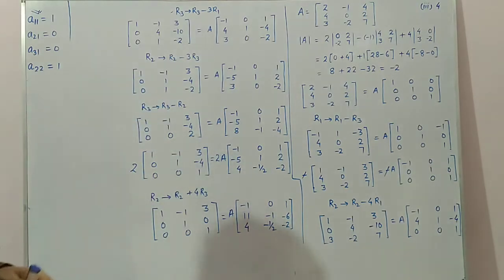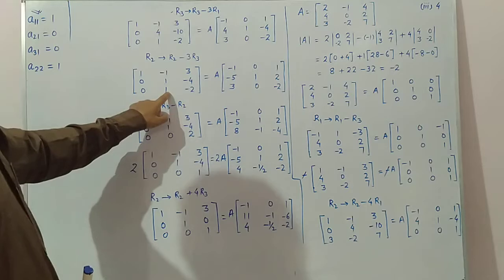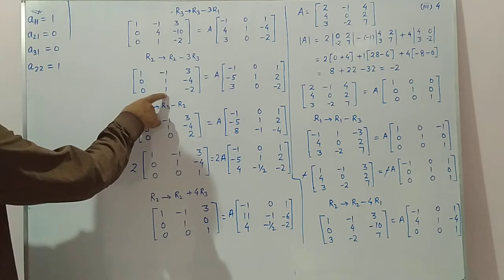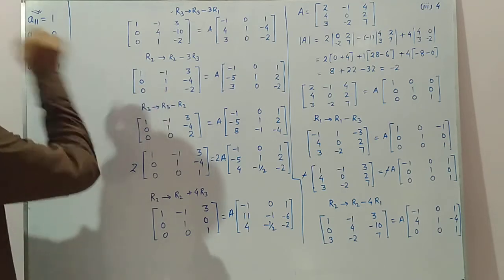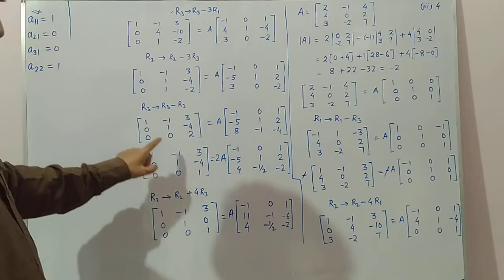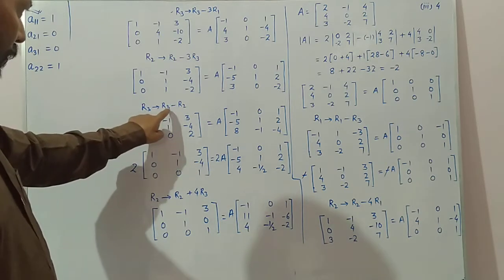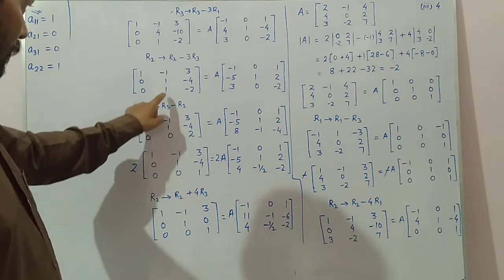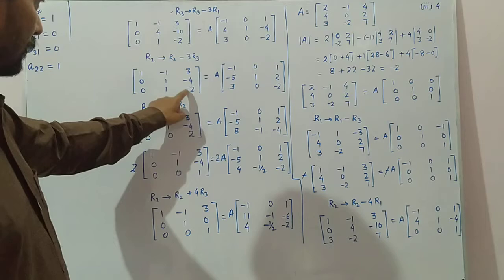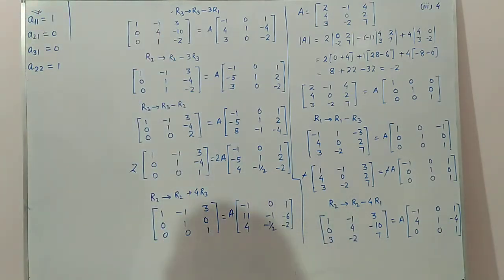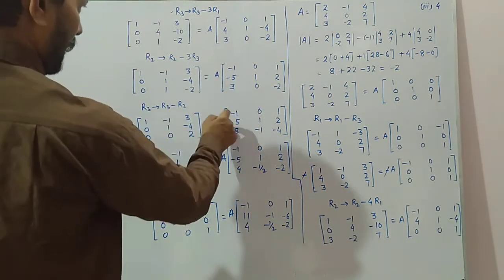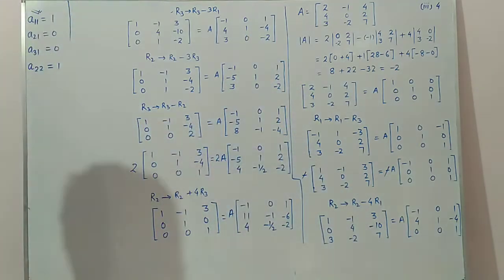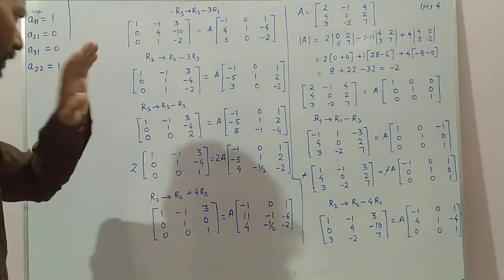This is 1. Now the remaining part is that we have to make this one 0, this one 0, this one 1, whatever is there. So this one can be made 0 by what? R3 changes to R3 minus R2, 1 minus 1, 0. So here row 2, R3 changes to R3 minus R2, R3 minus R2. So 0 minus 0, 0, 1 minus 1, 1, 1 minus 1, 0, minus 2 minus 1 plus 4, that is 2. Similarly on the right hand side, 3 minus 1 plus 5, 0 minus 1 minus 1, minus 2 minus 2, that is minus 4. Now you are getting 0 here also.